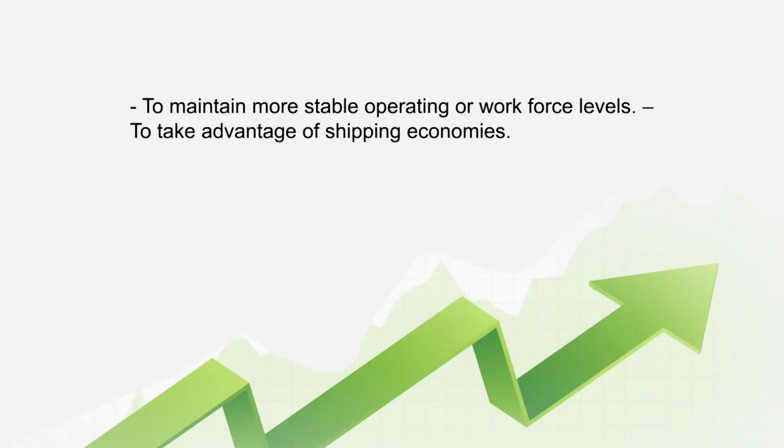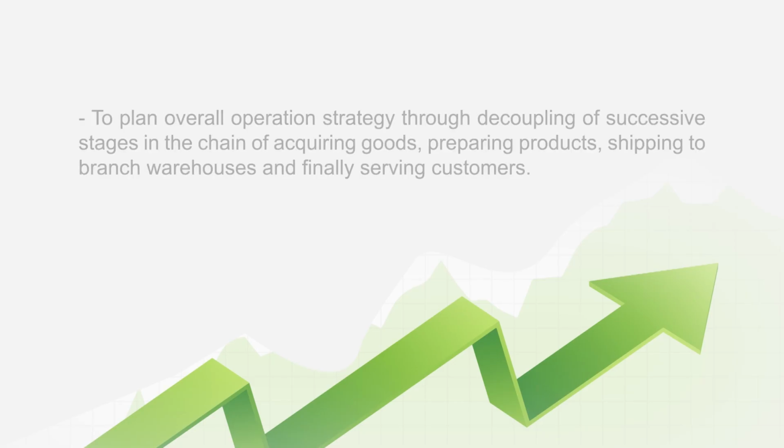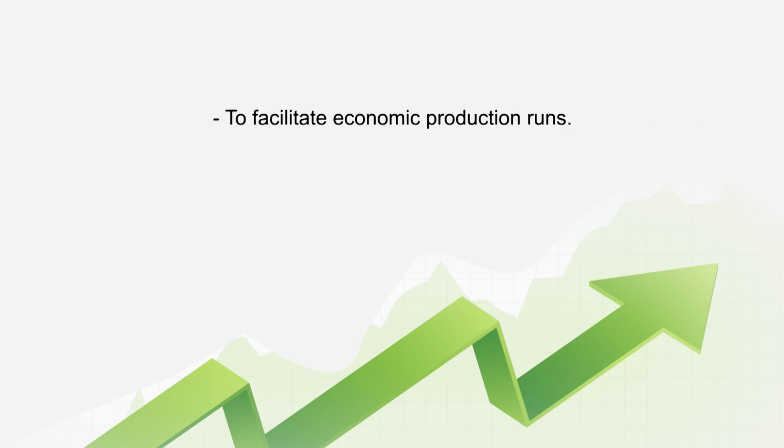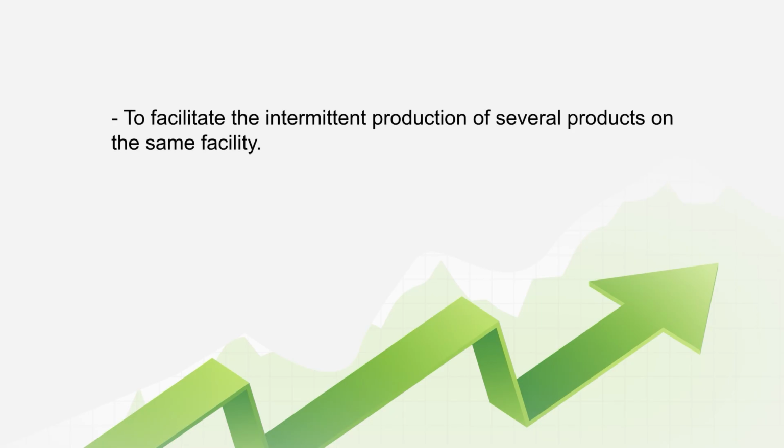So we can fully supply the requirement from the stock without delay. To maintain a more stable operating workforce level, to take advantage of shipping economics, to plan overall operation strategy through decoupling of successive stages: chain of acquiring goods, preparation of goods, shipping to branch warehouse, and finally serving the customer. To facilitate economic production runs, to facilitate intermediate production of